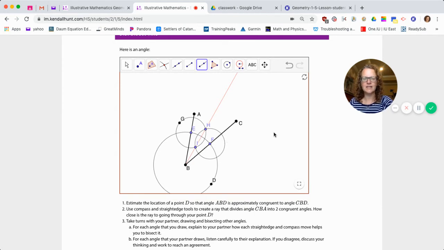I just did an angle bisector, and I did that by first drawing a circle around B, just because I needed to show the intersection of that circle and my angle. And then I drew a circle at E, any radius, just has to be past the middle, and I copied that over to F. And that gave me an intersection point